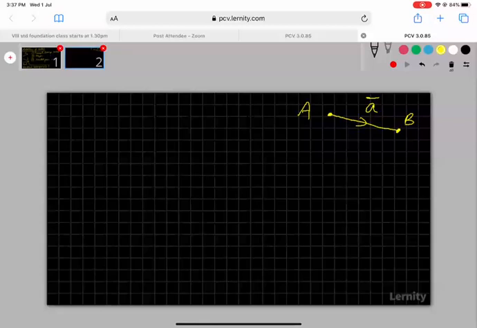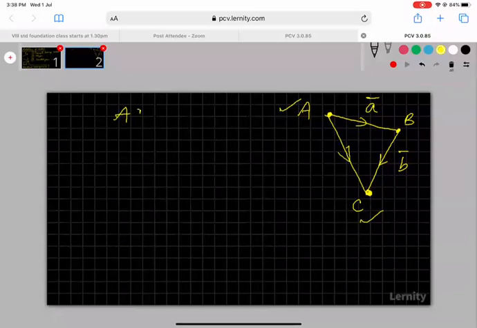Now, if he goes from B to another point, say C, his second displacement vector is denoted from B to C, a straight line with an arrowhead from B to C. We'll call that vector small letter B bar. Now he has a couple of displacements, right? He went from A to B first, and then from B he went to C. For a person who only saw the point A and point C, the man has a total displacement of A to C. So his total displacement is nothing but this vector, AC bar.